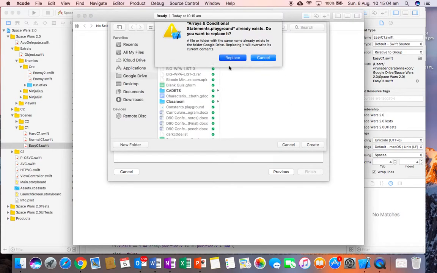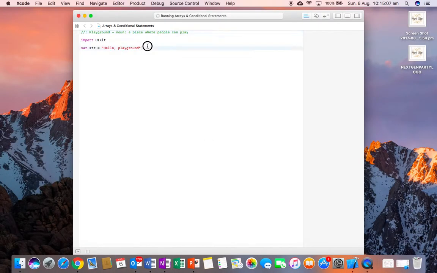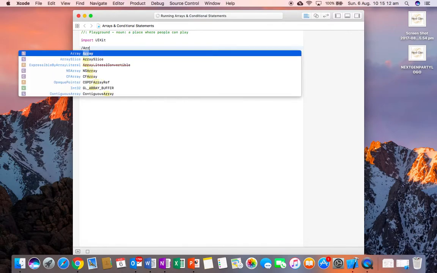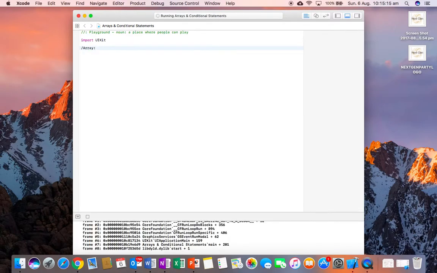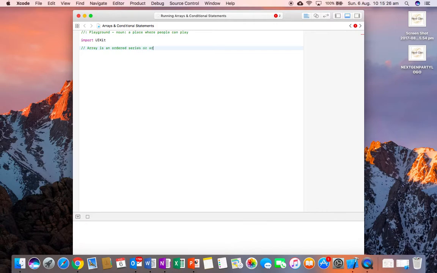Just save it any way you want. We'll start off with an array. Arrays are very easy, by the way. Not that much effort. An array is an ordered series or arrangement of words and numbers that can be pulled out at any point in time. So you declare one by